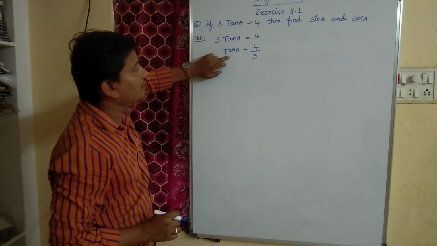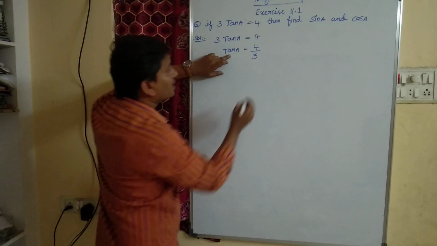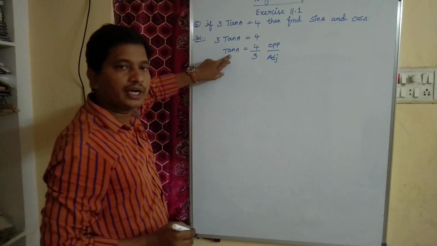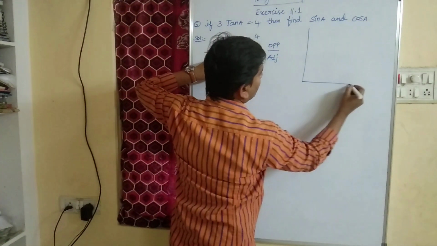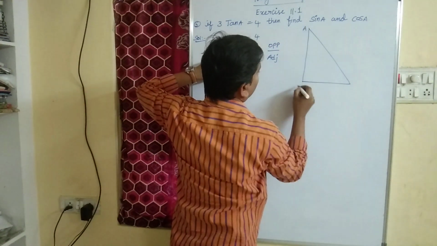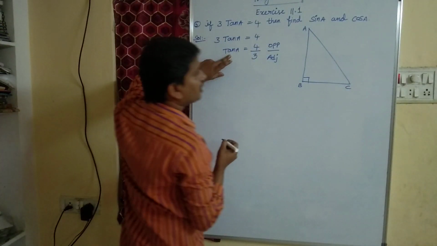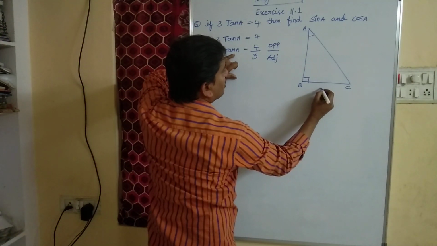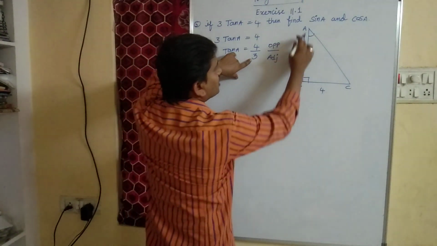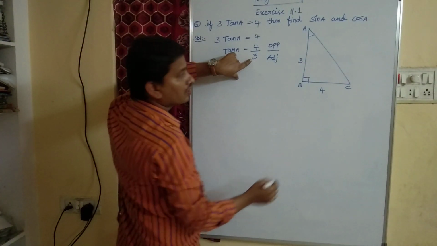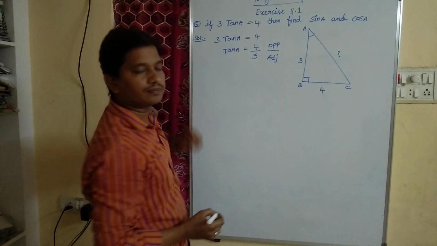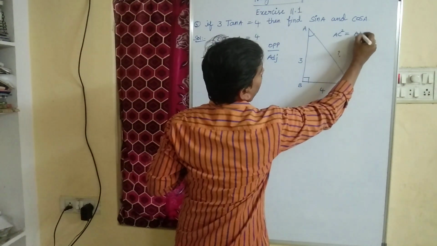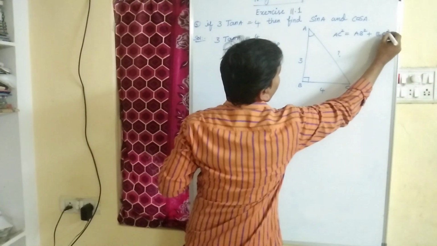Yes? Now what is the ratio of the tan function? Tan is nothing but opposite side by adjacent side. Okay, now consider a right angle triangle ABC. Right angle is at B. Angle is at A, children. With respect to A, the opposite side is BC, that is 4 units, and the adjacent side is AB, 3 units. We don't know the hypotenuse AC. By using the Pythagoras theorem, what is the Pythagoras theorem? AC square equals AB square plus BC square.